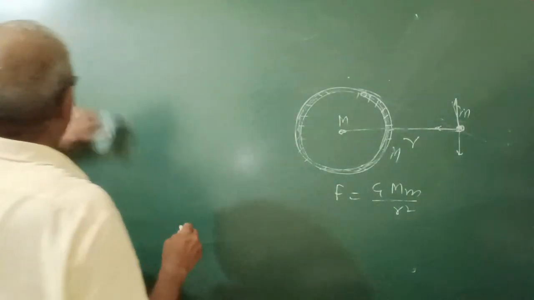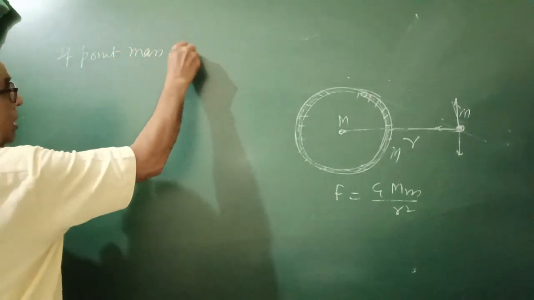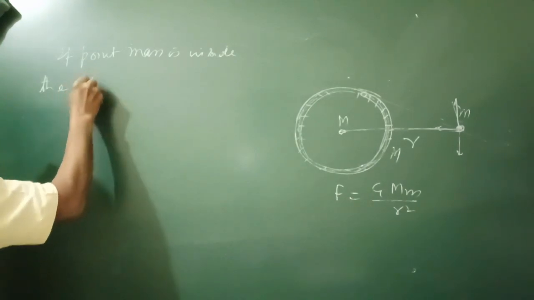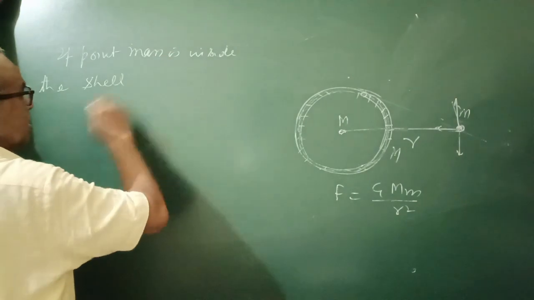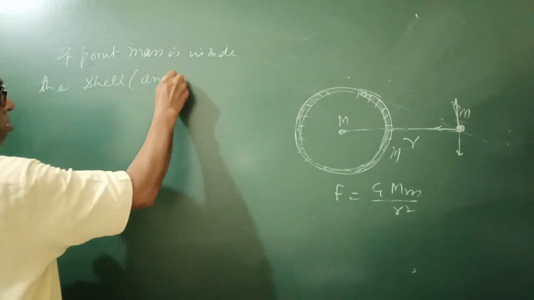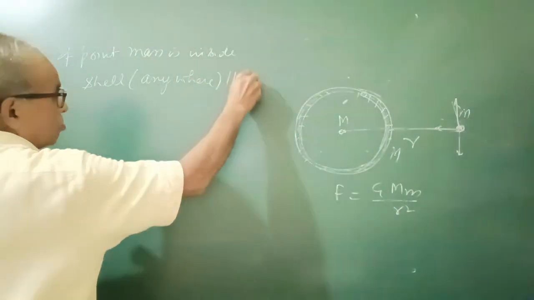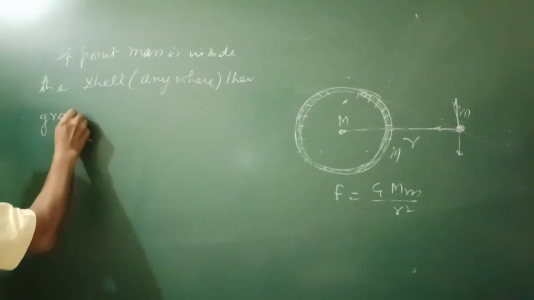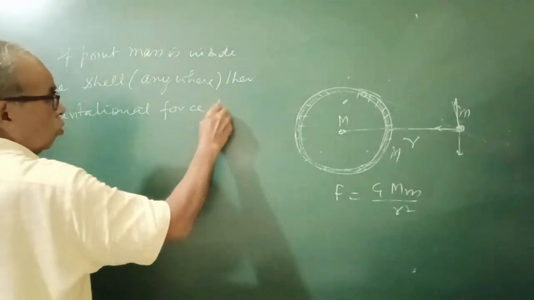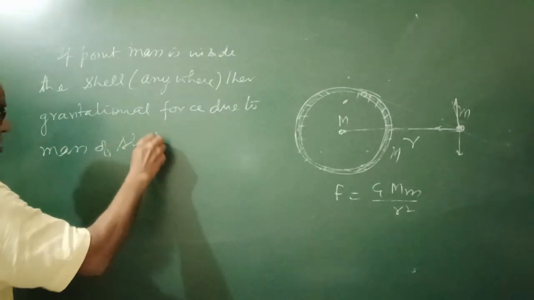Now if point mass is inside the cell, anywhere inside the cell anywhere, not only a center, यहाँ हो, then gravitational force due to mass of cell is 0,